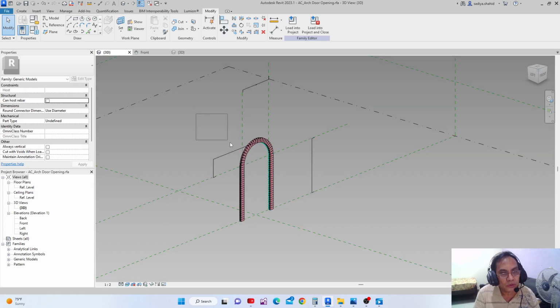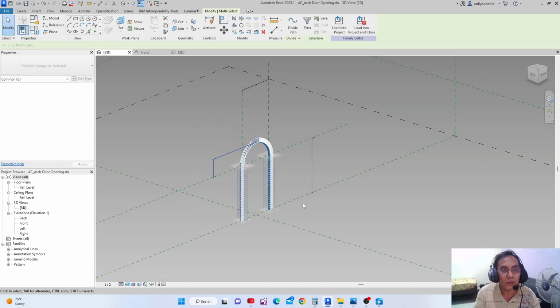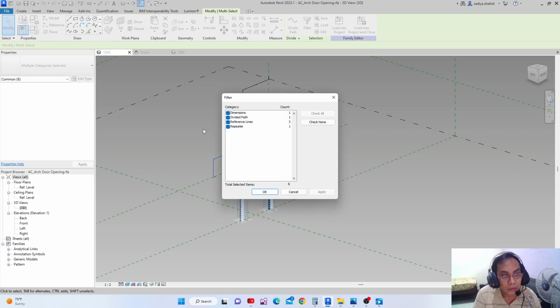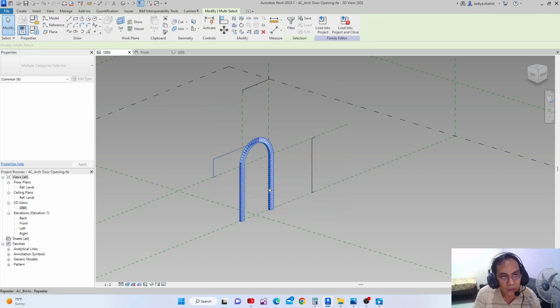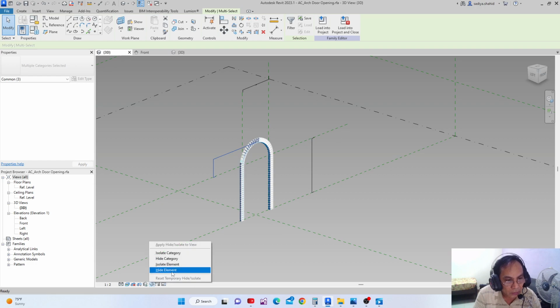So I'm going to select all, and then I filter, and then just check none, and I'm going to check only reference. Oh no, check all dimensions, path, repeater, and I'm going to leave only reference line, apply, okay, and then hide,